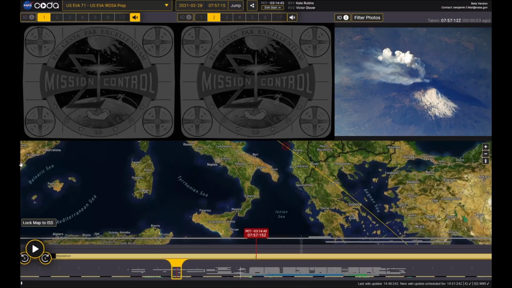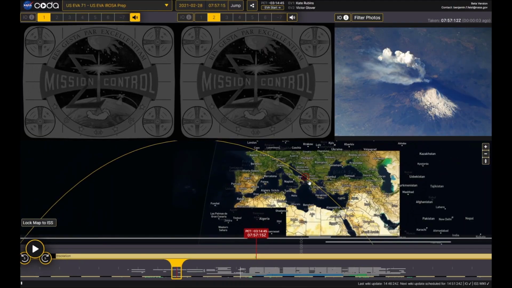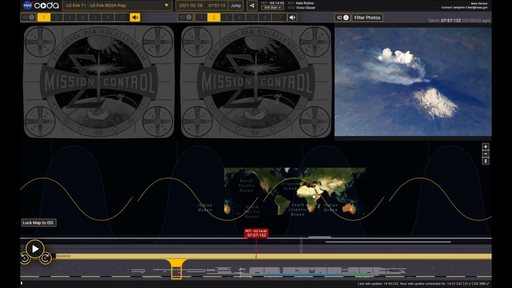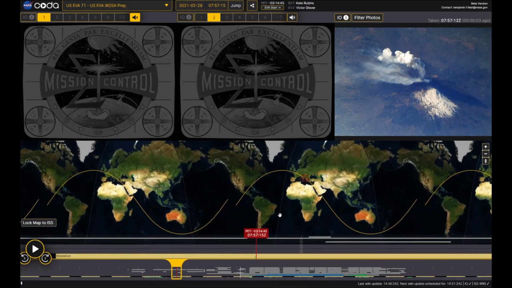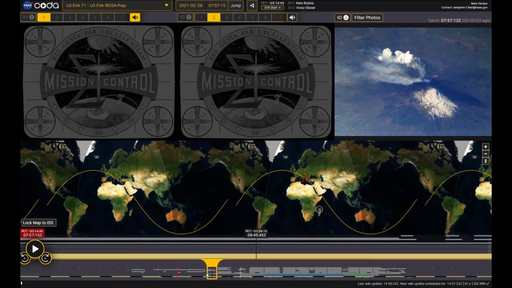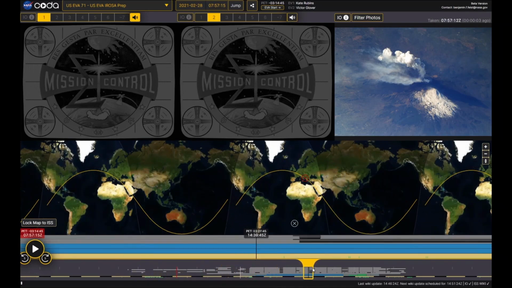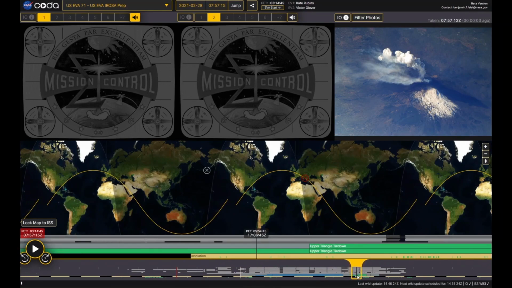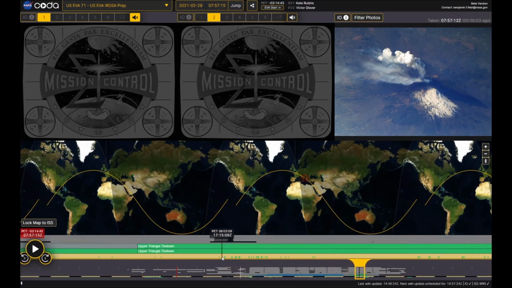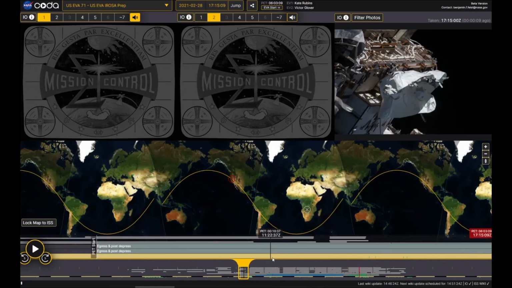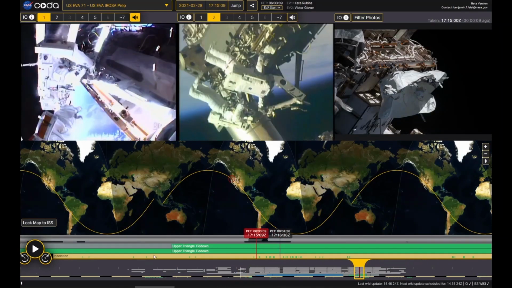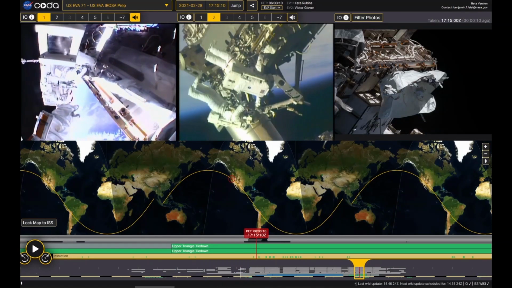And here's an image of CODA being used, and it's essentially Apollo in real time, but it's space station in real time. This is a 24-hour day, and you can pick any day. And as you scrub through the day, you can see the time change of where the sun is on the terminator on the Earth. And you can also see the different video downlinks that are available at different times.